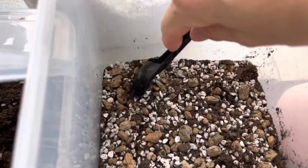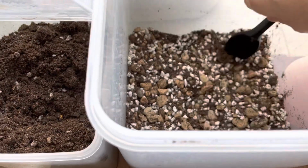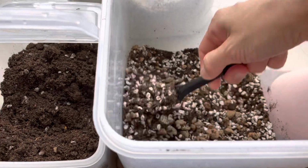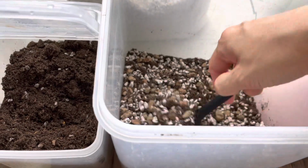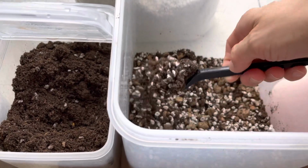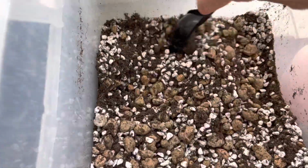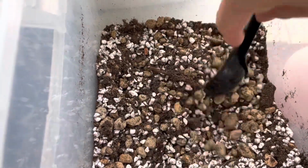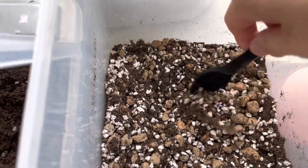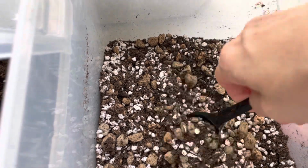which I would just mix together in a huge kind of container I have here. And I do quite a lot of potting, so I usually mix them in a container already, so that it's easy. I can use it as and when I need. So you can see it's a very well draining mix I have here, which I will use for most of my Hoyas. And for some Hoyas that need even more well draining or chunky mix,